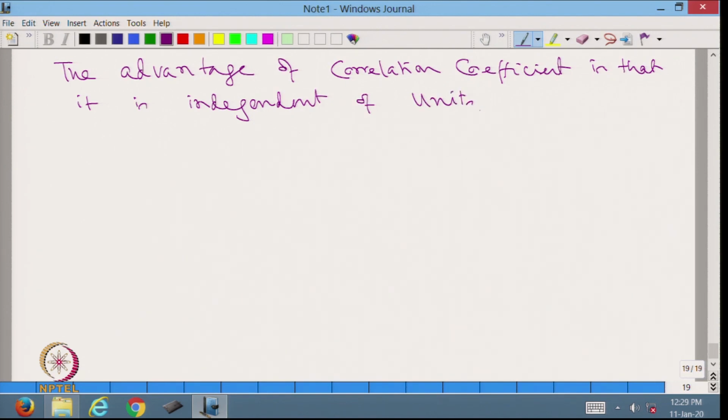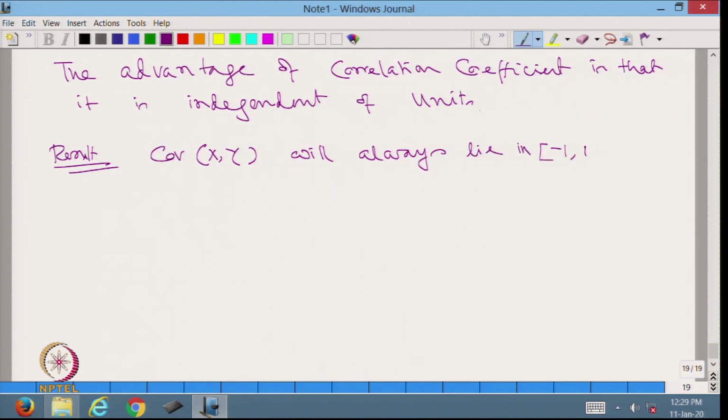So, this gives us a better objective view of the association of x and y. Result: the correlation coefficient of x, y will always lie in -1 to +1. Proof: